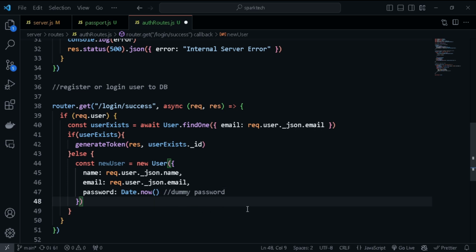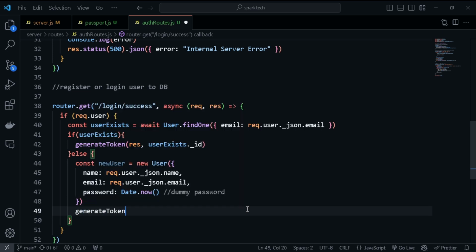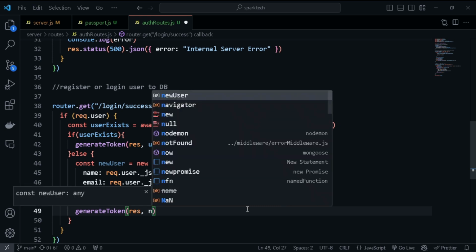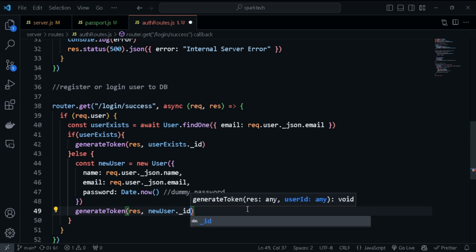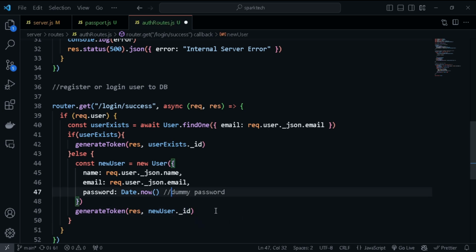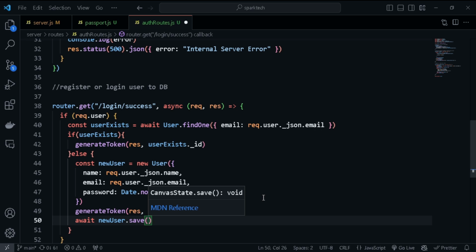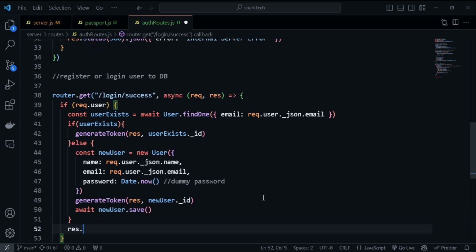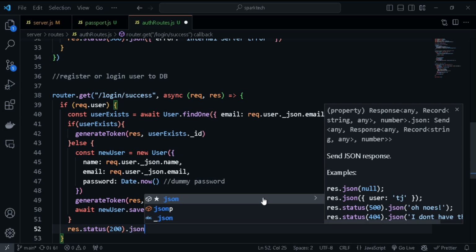Now let's generate the token, passing the response and the new user this time ._id. And now let's finally save the user instance, so await newUser.save. Now let's send the response. So res.status, set that to 200 if everything is okay, and then json we are going to pass in